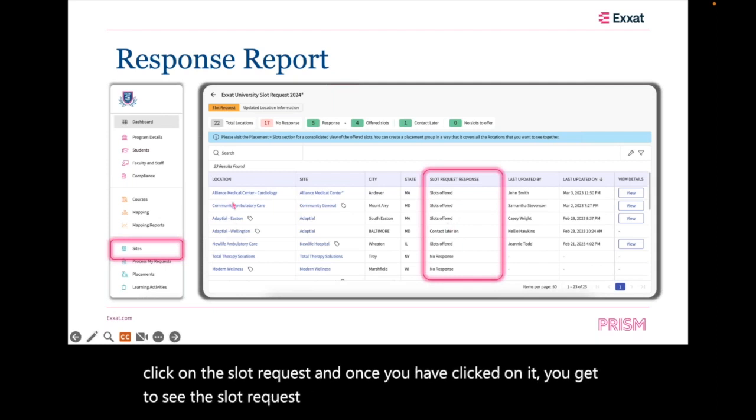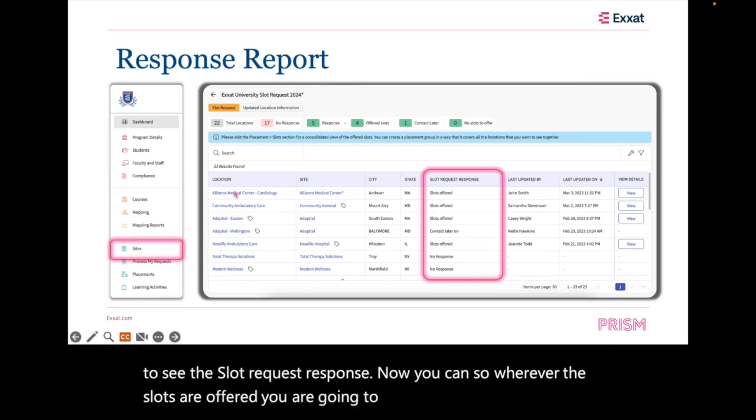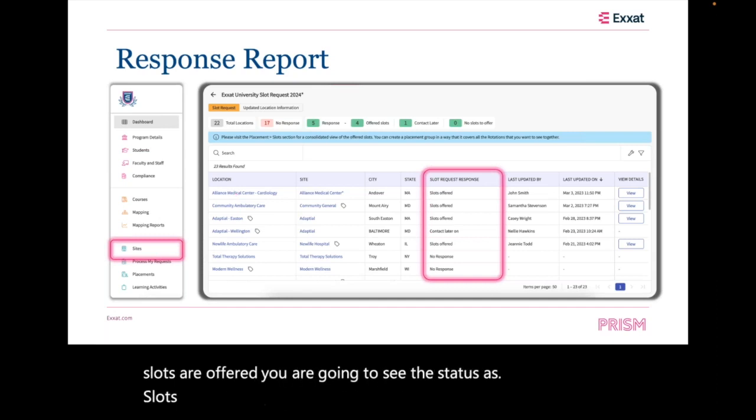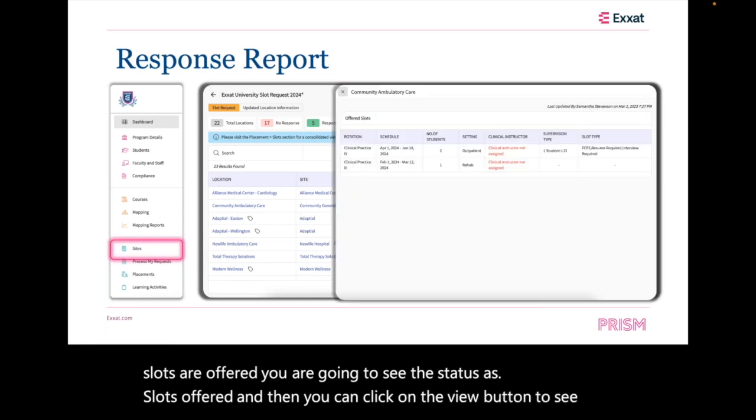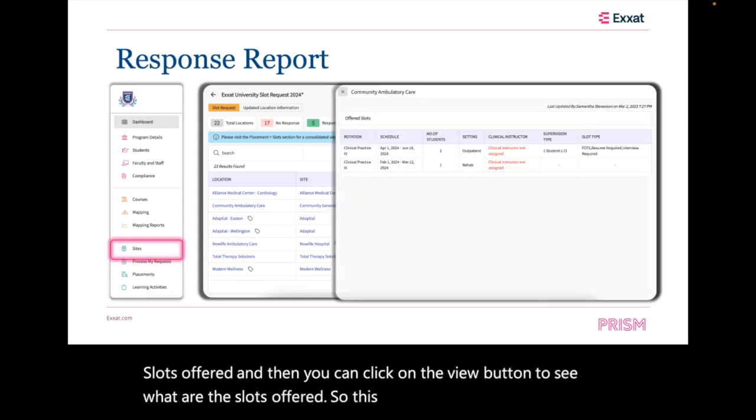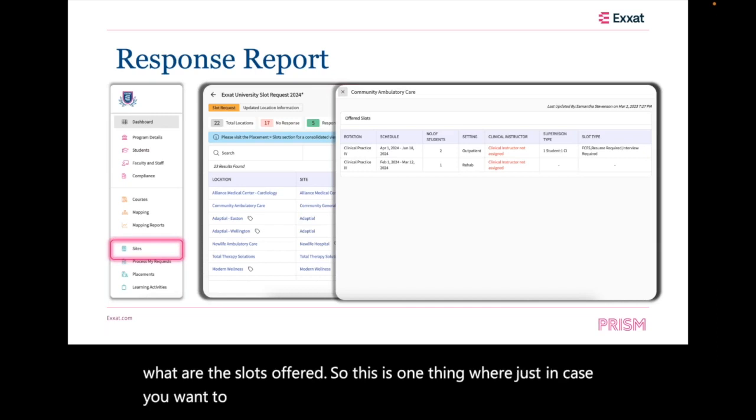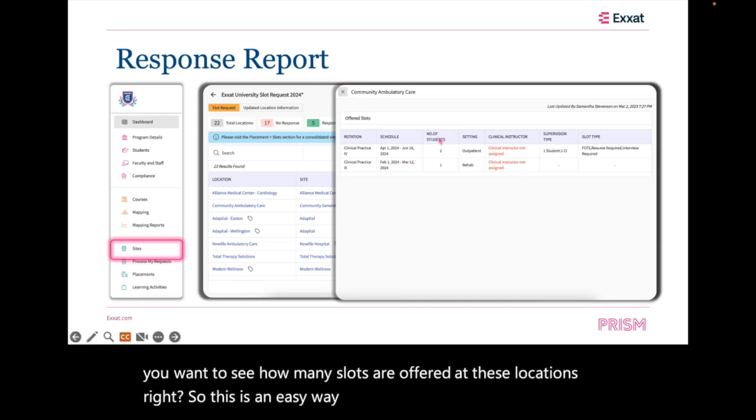Now wherever the slots are offered, you're going to see the status as slots offered, and then you can click on the view button to see what are the slots offered. So this is one thing where just in case you want to see how many slots are offered at these locations, right? So this is an easy way for you to look at it. Right. Now the next thing is,